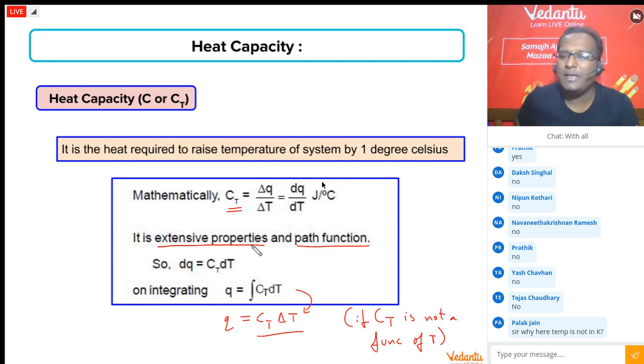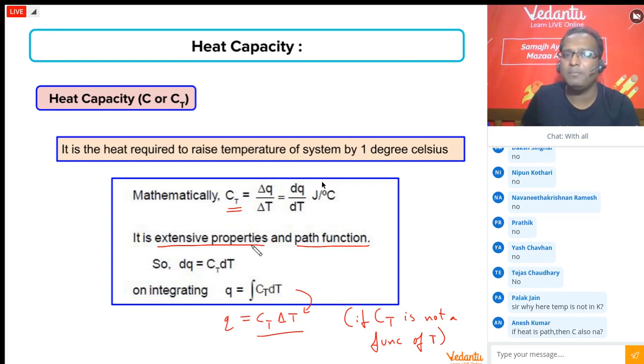अभी थोड़ी देर पहले हमने पढ़ा था that heat exchanged in a constant volume process is called delta U and heat exchanged in a constant pressure process is called delta H, and delta H and delta U are generally not equal. They have a delta PV term in them. That means heat depends on whether the process was isobaric or isochoric. Hence, C will also depend on whether it was isochoric or isobaric. Hence, they are saying C is a path function. Exactly, Anesh. उसी को मैं elaborate कर रहा था.